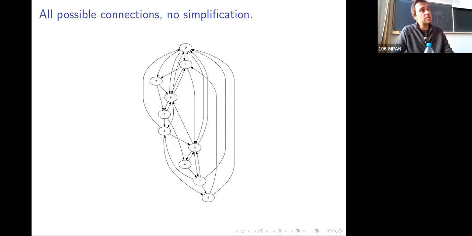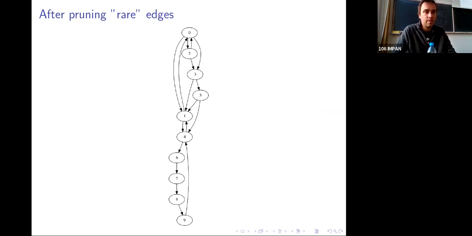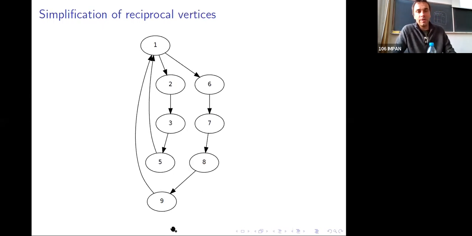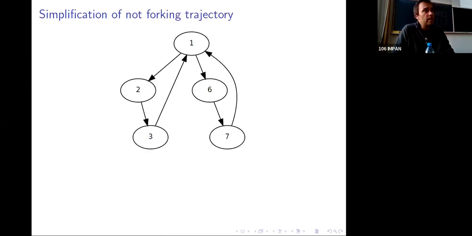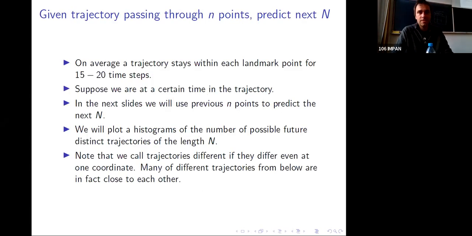But some of the edges are used more often. Some of the transitions are used only once or twice. If we remove those very rare frequencies, we start to see the structure of an attractor, where we can wrap around one fixed point or around the other. We can simplify it further by grouping together the landmarks, until we actually see almost the butterfly dynamics. But that's not the point. The point I want to make is